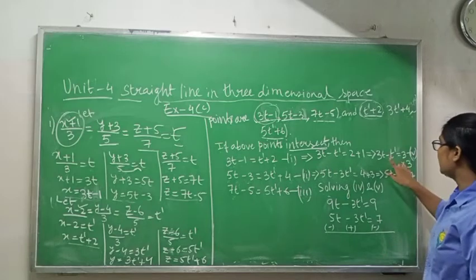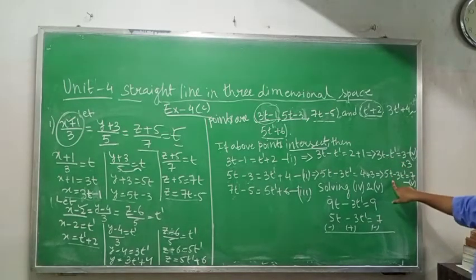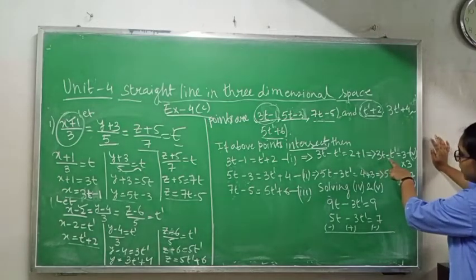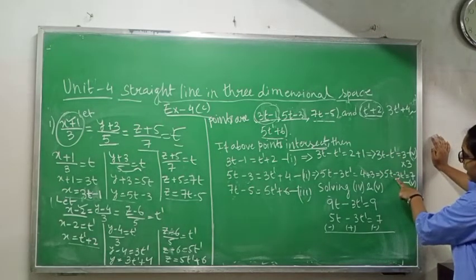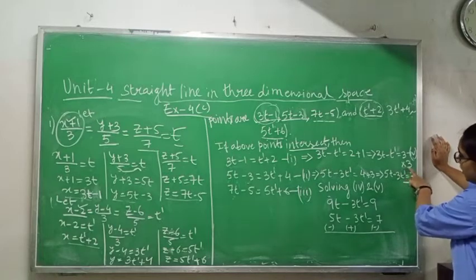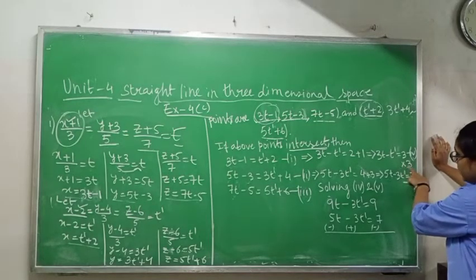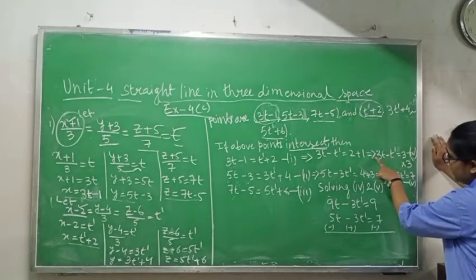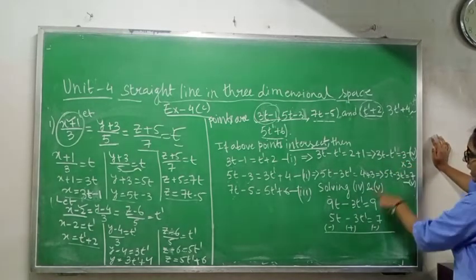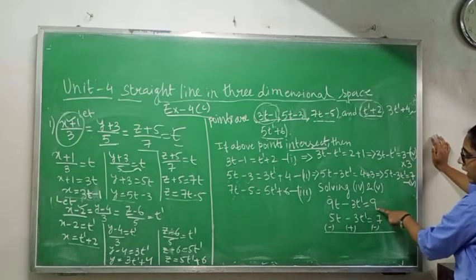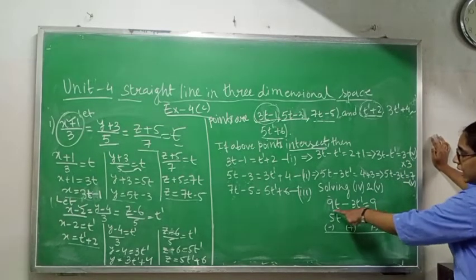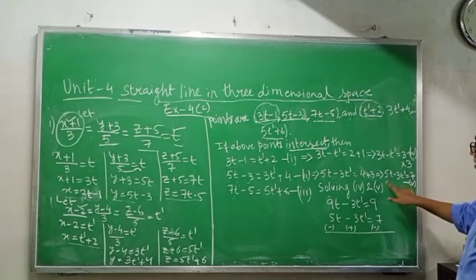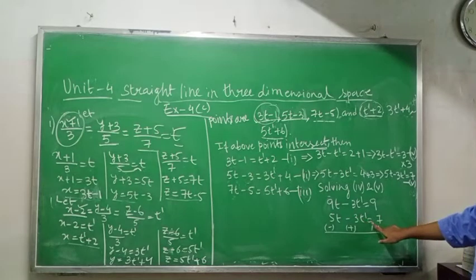So first I will solve equation 4 and equation 5 to find the value of t and t'. But here we have 3t minus t', and here we have 5t minus 3t'. So I am multiplying by 3. If I multiply equation 4 by 3, it will become 3 threes are 9, 3 into t', 3t', 3 threes are 9. So equation 4 becomes 9t minus 3t' equals 9. And equation 5 is 5t minus 3t' equals 7.